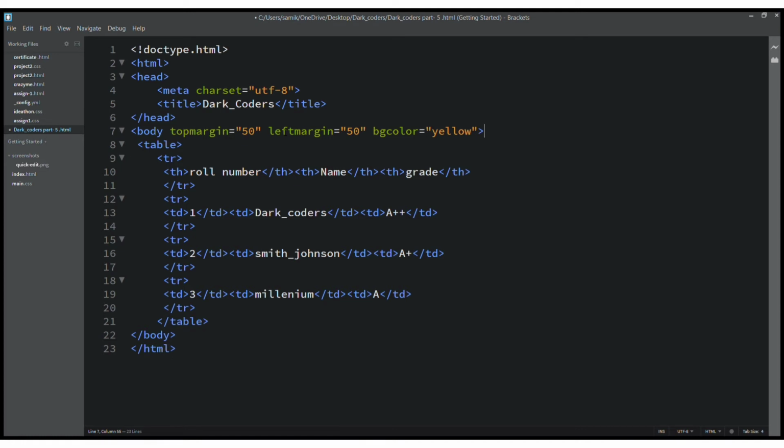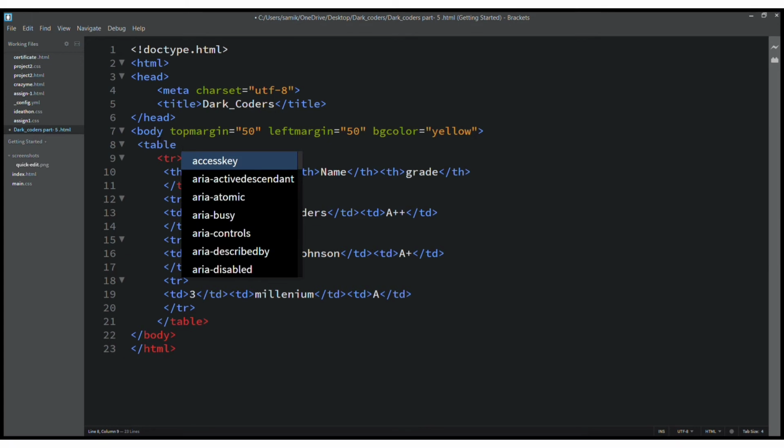After that I will give the color to the border first, then the border will also get displayed. So I will do that in this table. First I will write here border.